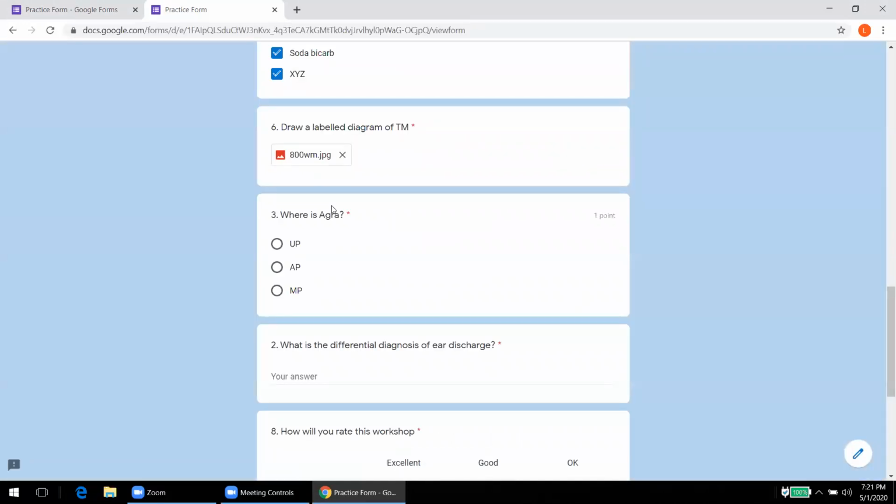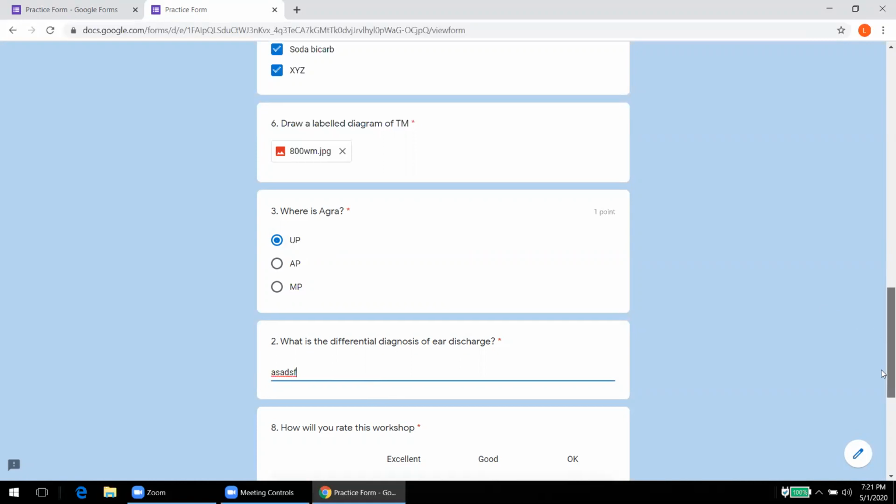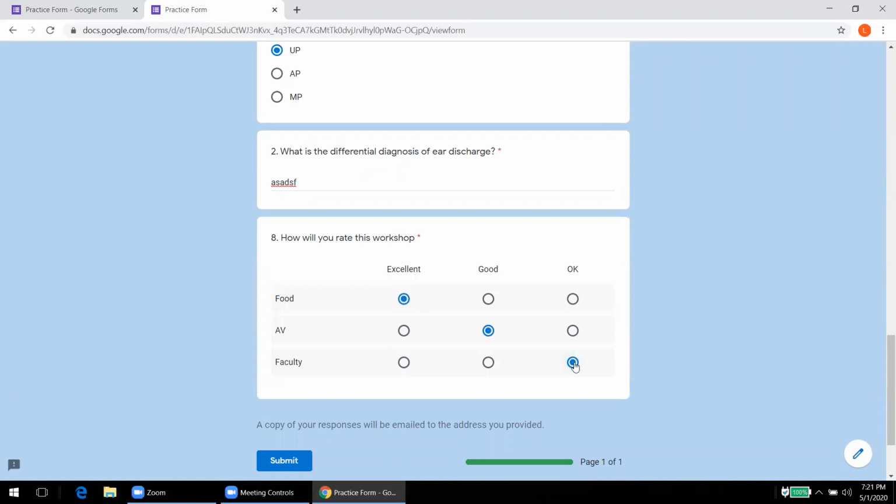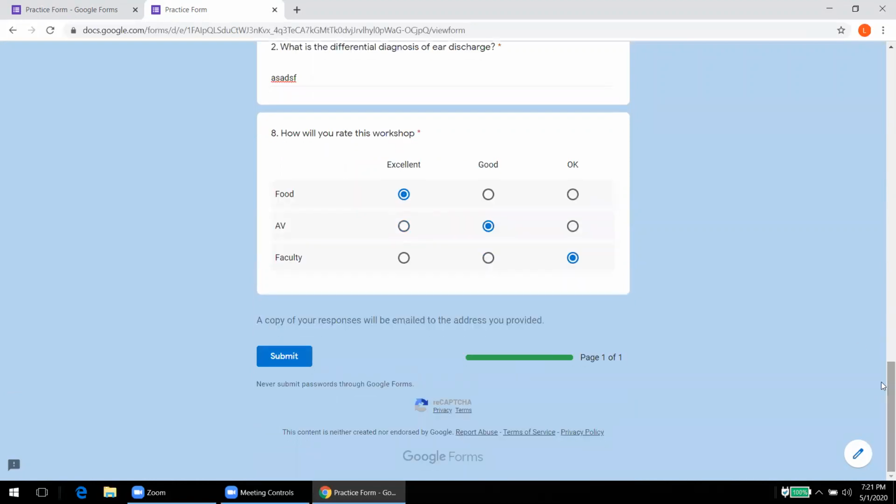Okay, so this image will be uploaded. Then again, Agra, it is in UP. Differential diagnosis of ear discharge. It's a paragraph type of question, so I can just write anything. Then, okay, now here I can also see the progress bar. So as soon as I submit,